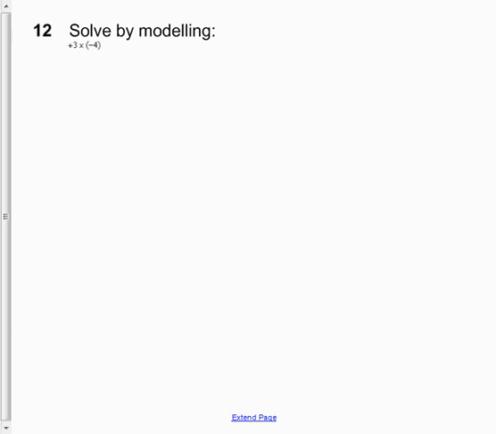Question 12 says solve by modeling. It gives you plus 3 times negative 4. Again, the answer is not the hard part, but what does it mean? From a modeling perspective, we can think of this as saying adding 3 groups of negative 4. Okay, so if we take a group of negative 4,